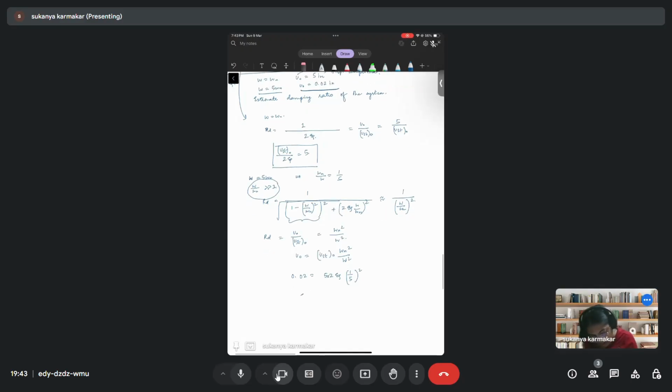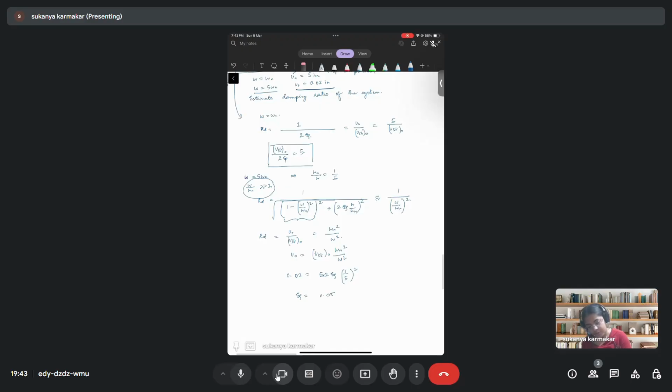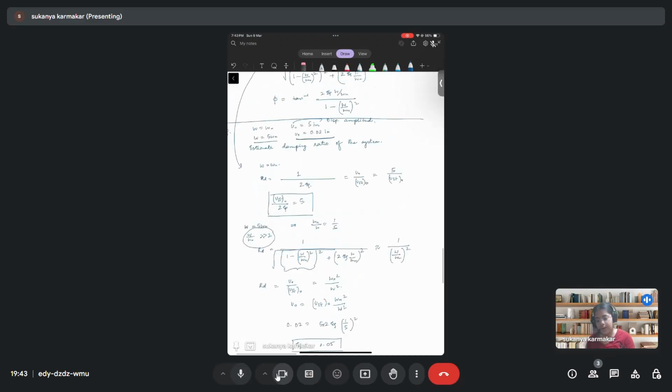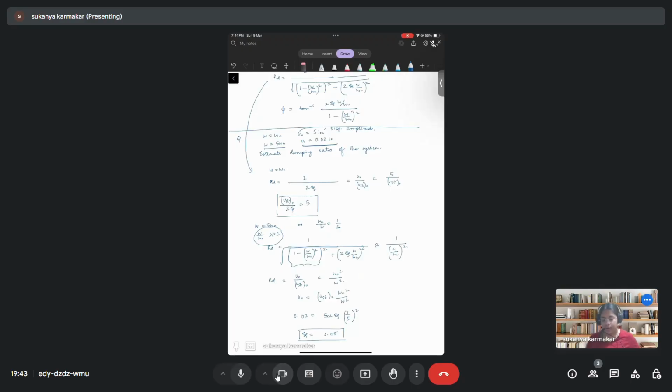So from here, can you calculate the value of zeta? Your zeta will be equal to 0.05, yes. So is this manipulation of RD clear? Here I'm writing the approximation of RD. Yeah, the way we did this. So from here,